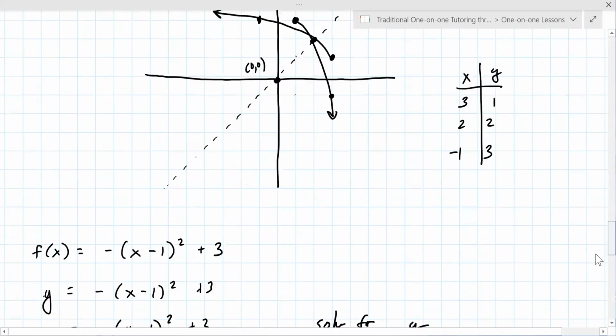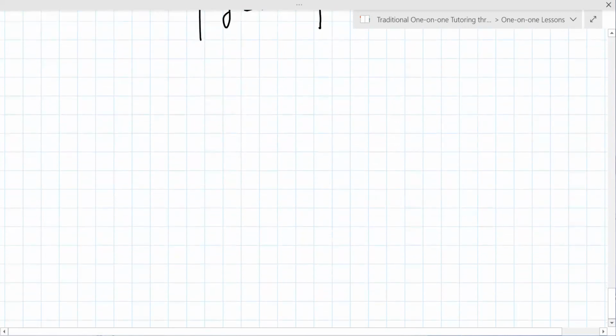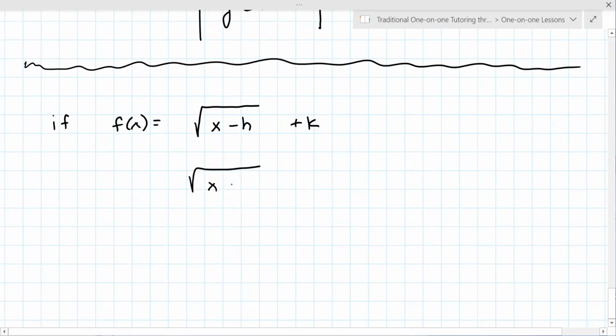Okay, so let me try to summarize some of the things that we've been doing here to maybe help. And then we'll do some more problems with the time remaining. So if f of x equals the square root of x minus h plus k, and these are numbers, think of your example as x minus 2 plus negative 4, if you want. The domain is